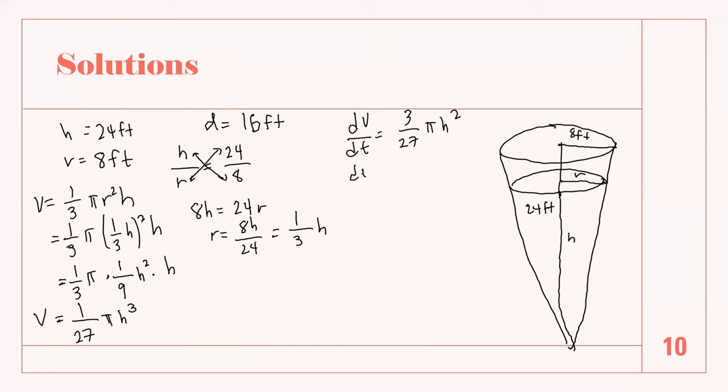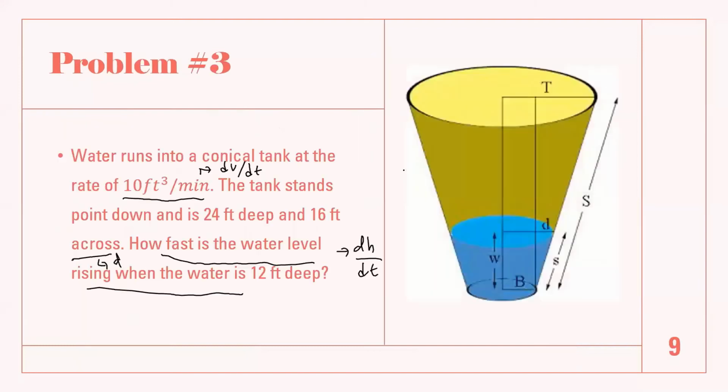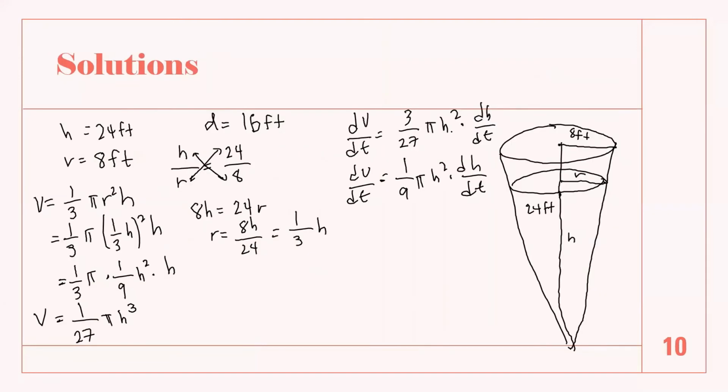So now we're going to simplify it into lowest term. So magiging 1 over 9 pi h squared times dh over dt. Okay? So we're now differentiating both sides in respect to time. Okay, so now we have what is given right now. So what is being asked is